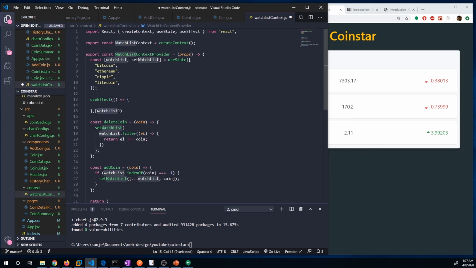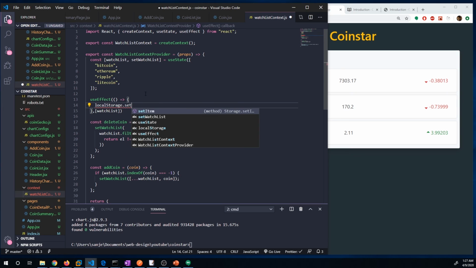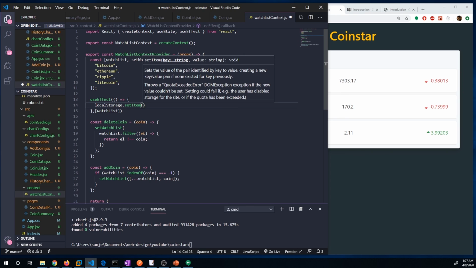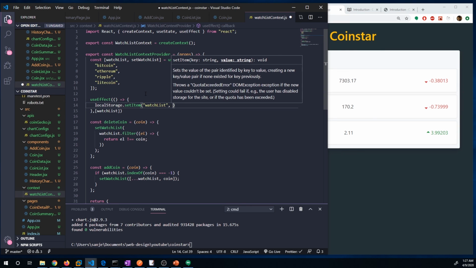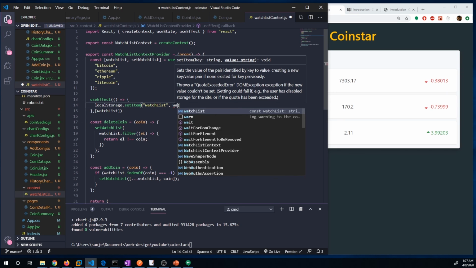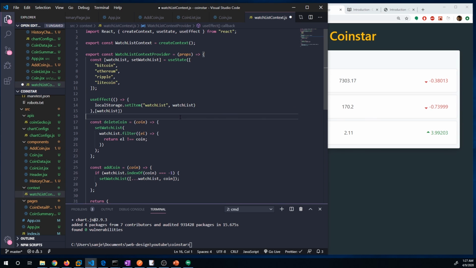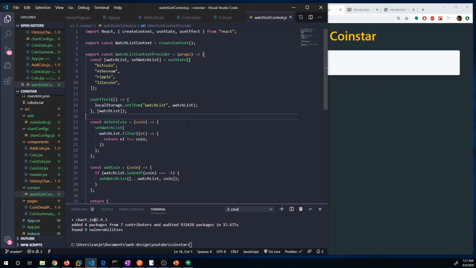So anytime this value changes, so anytime we add a new coin, delete a coin, whatever, we're going to run this useEffect hook. And all we have to do here is just say localStorage.setItem, right? And then let's define a key for our data. I think it just makes sense to call it watchlist. And then here we're going to just pass in watchlist. And if I hit save,